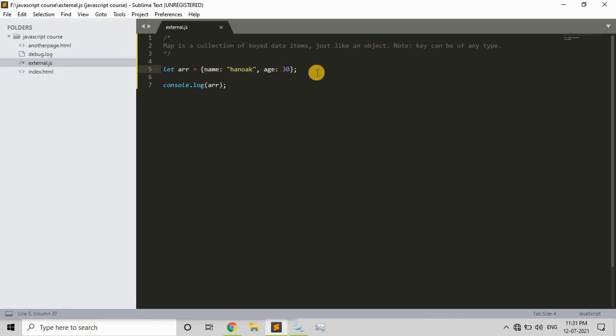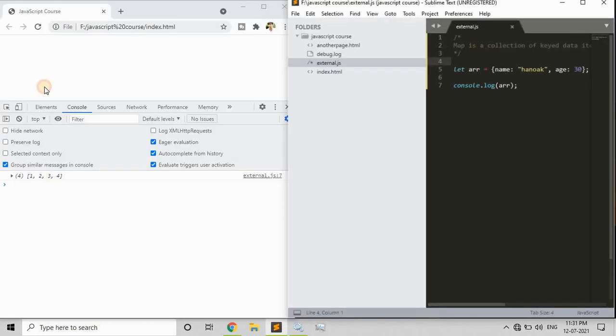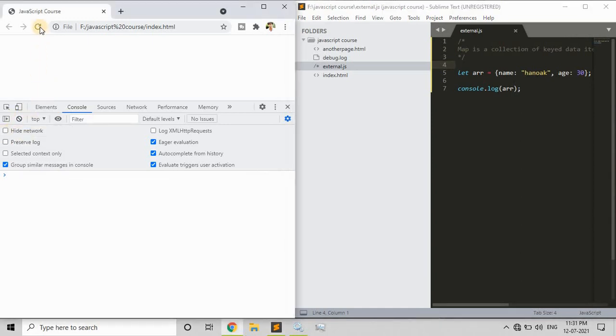So we have jumped from array to objects, and obviously we'll be jumping from objects to map, right? So now, I'll just refresh this. Yeah, so we got an object which is key value pairs. This is how it works in JavaScript with objects.